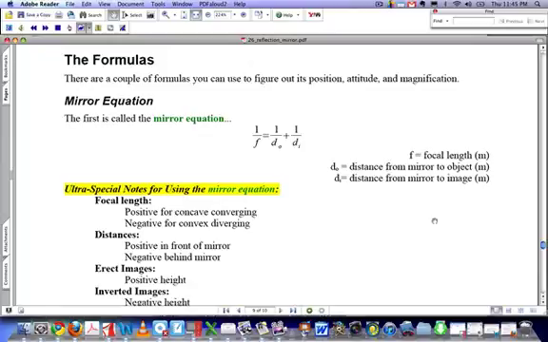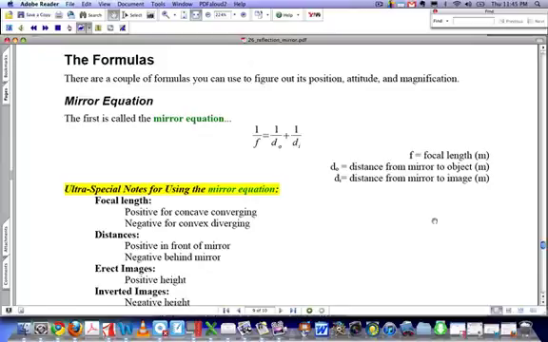Now, there's two ways in which you're going to have to deal with these types of questions. Number one is a diagram, or simply answering questions based on where it's located in a diagram. And the second is with calculations. The mirror equation is what you see here, which is 1 over f is equal to 1 over do plus